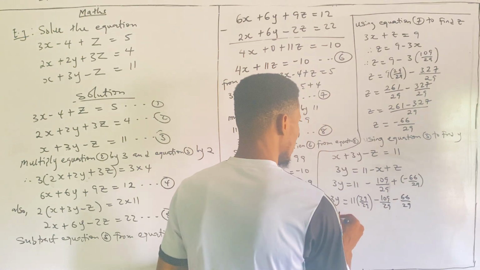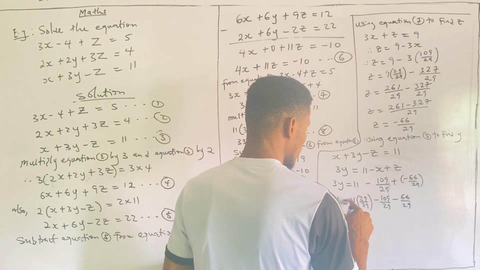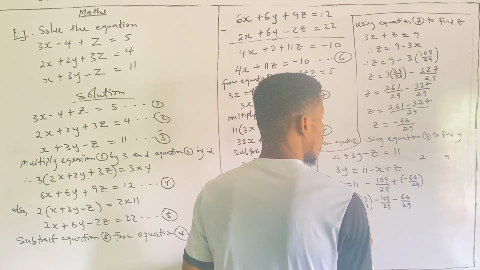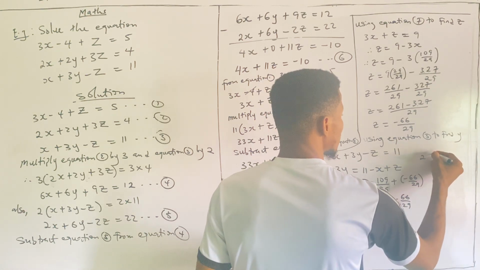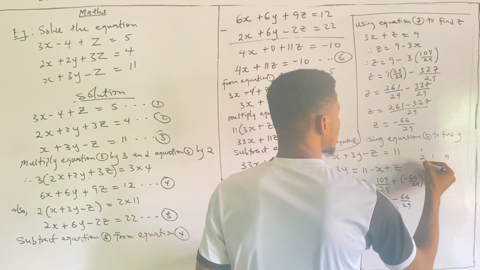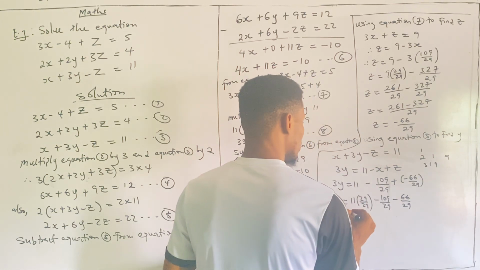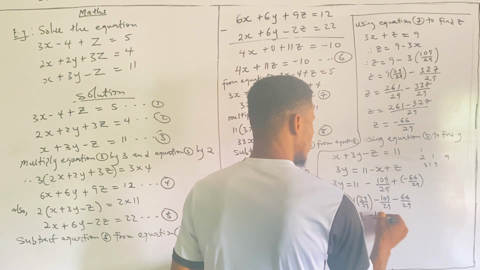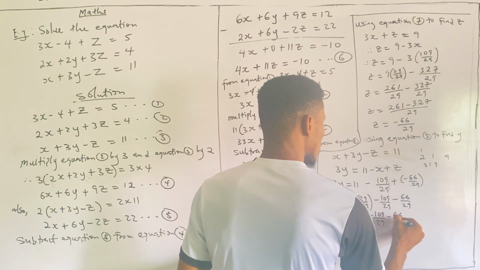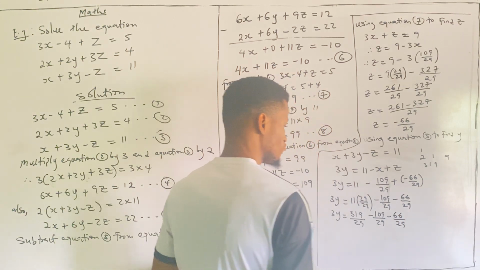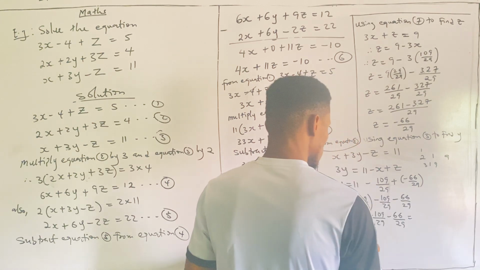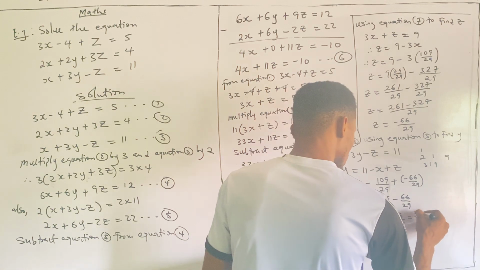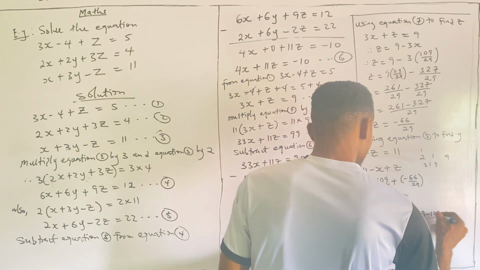So 3y will be equal to, of course, 11 times 29. 11 times 2, plus 9 is 11. So we carry 1 and it should be 319. So 11 times 29 should be 319 over 29. Then minus 109 over 29 minus 66 over 29. So if we do that, we'll be left with 319 minus 109 minus 66 all over